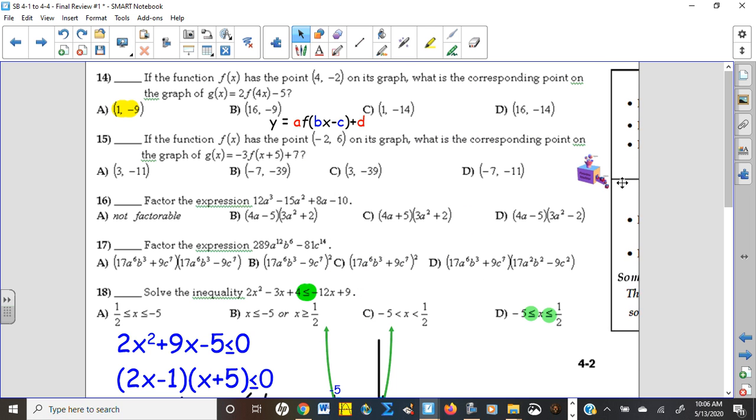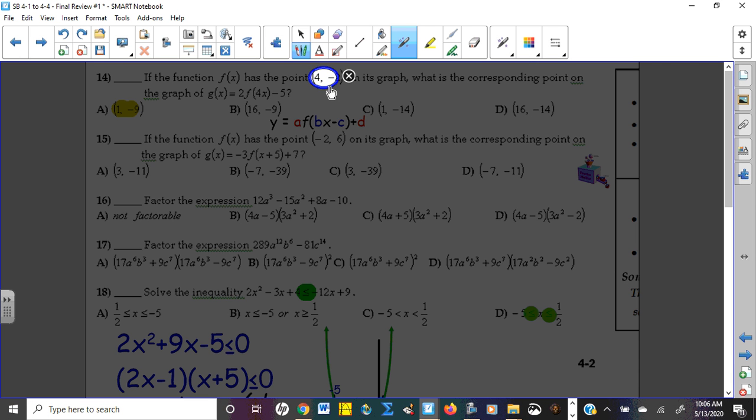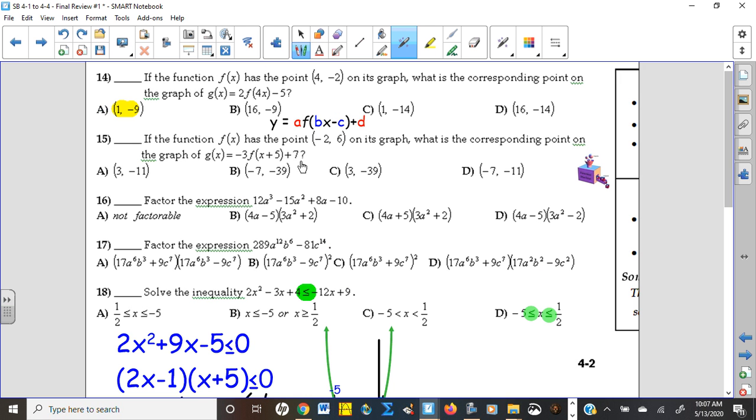Okay, and so we need to take this value and not multiply it by 4. We need to divide it by 4. Now, if this was a 1/4 in here instead of a 4, then I would multiply it by 4, but it's not. And 4 divided by 4 is 1. And so that's why the answer for number 14 is A. Similarly, on number